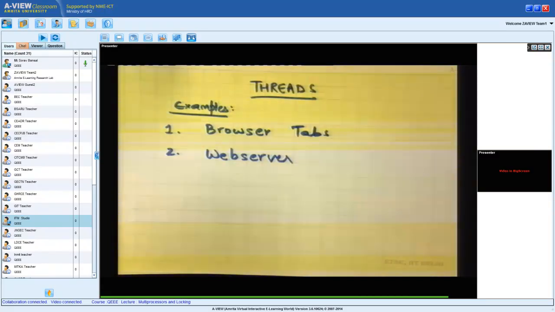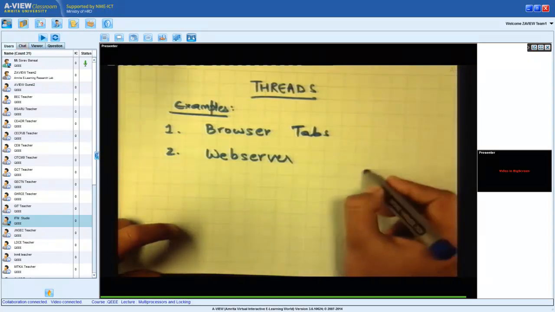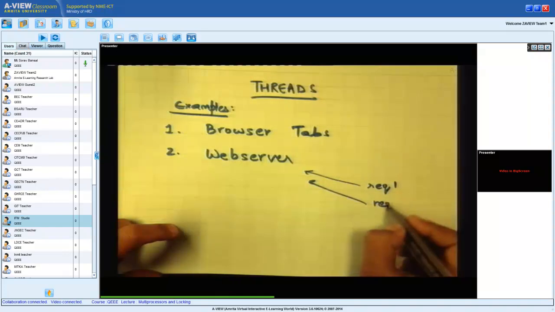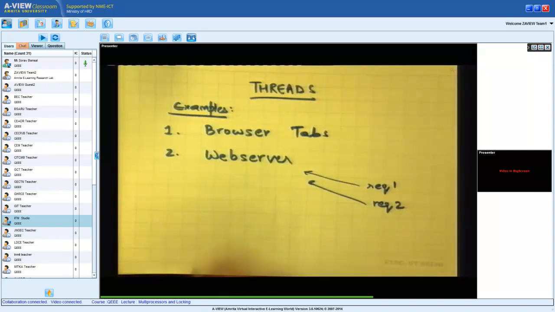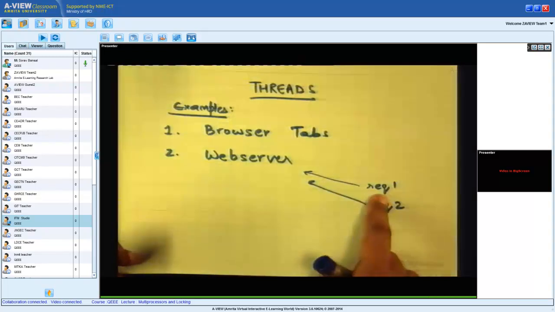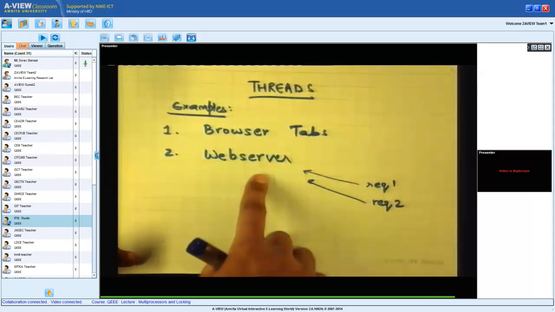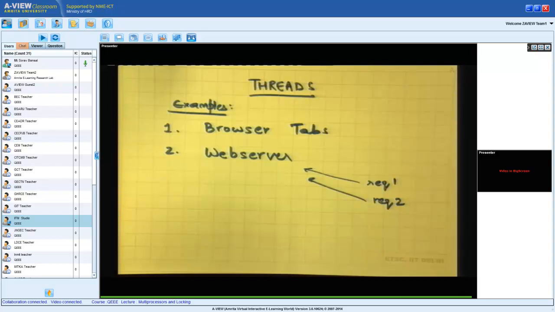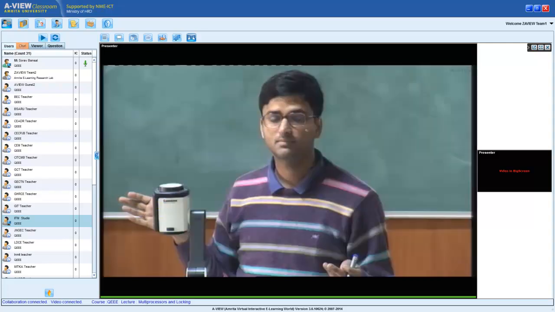Now multiple requests are coming to the web server. Now, one way to handle these requests is that each time a request comes, so let's say this is a web server and requests are coming to it. Request 1, request 2, right? And let's say more requests. So one way for the web server to do this is, let's say, oh, I got request 1. So it will first process request 1 fully before it starts processing request 2, right? So you can imagine if there are thousands of requests coming to the web server, and if I'm doing one request after another, the last request which came is going to have to wait for a long time, right?